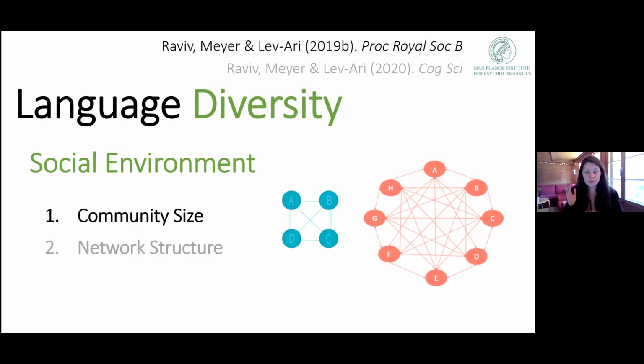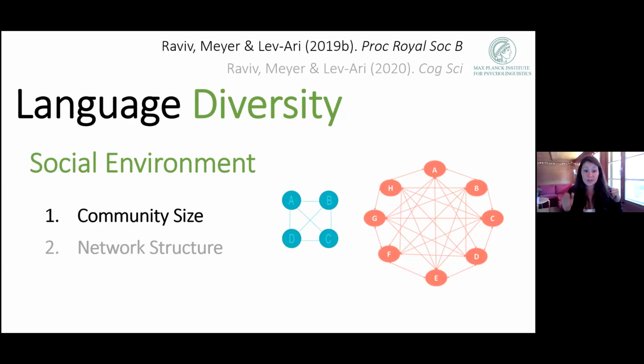And I want to reassure you that although these 2 group sizes are super small compared to real world communities, right? A big community in the real world is not 8 people, it's not even a small community. The idea is that everything in this experiment is scaled down. So there are not a lot of meetings. People have 20-something things to talk about. They have 4 hours to do this. And then of course, in the real world, you've got thousands of things and a lifetime. So everything is scaled down.